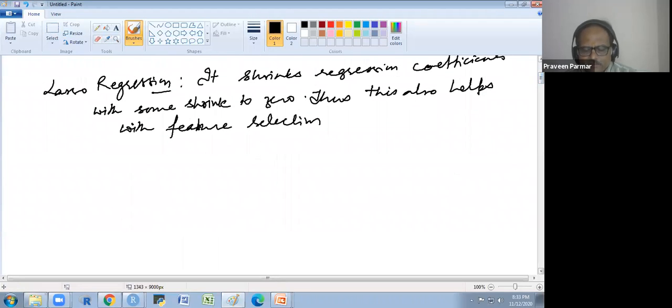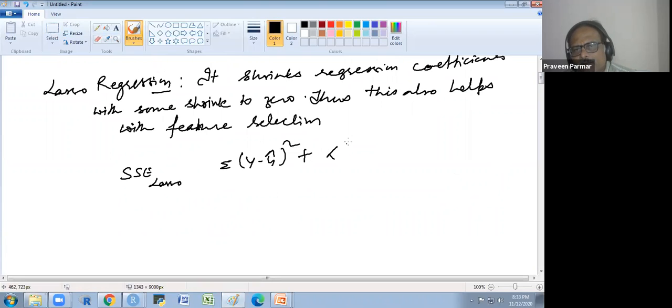And what we do here, we see the sum of square of error for the lasso. We get the same thing, (y minus y hat) squared, but here we add lambda times beta in this way. This is basically a penalty term.